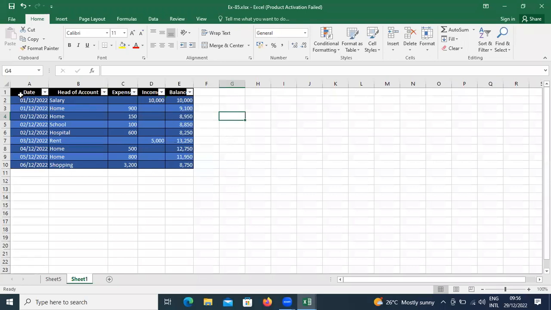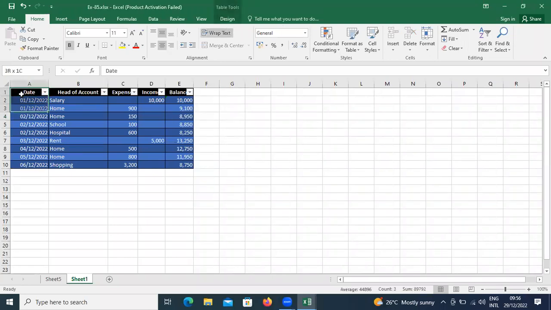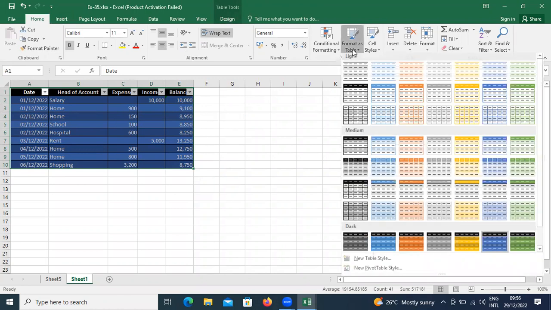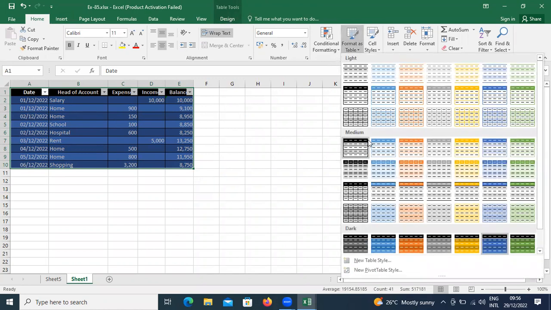Whereas I don't recommend using the format as table feature. You take it to MS Word, then format it as a table. It's easier and better. Rather than formatting the table within MS Excel, it's possible for us to copy the table to MS Word and then format the table as you wish. Because